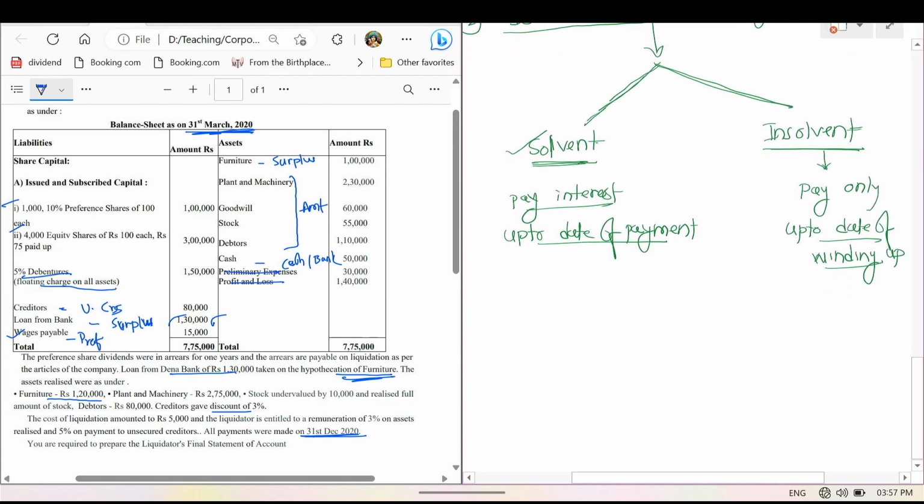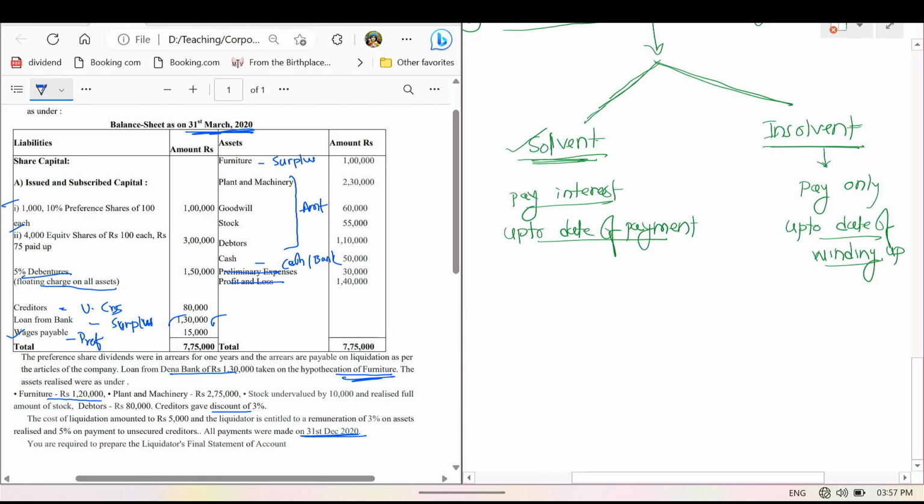Generally in the exam you will get only a solvency case, that means you have to pay interest up to the date of payment. If two different dates are given, then you must pay interest up to the date of payment. This is the crux of the whole discussion of the last 5 minutes. Correct, the company may not be stated as solvent or insolvent, you have to assume solvent, because the company is solvent, you will have to pay interest up to the date of payment. If the date of payment is the balance sheet date, then there is no need to calculate any separate interest, otherwise